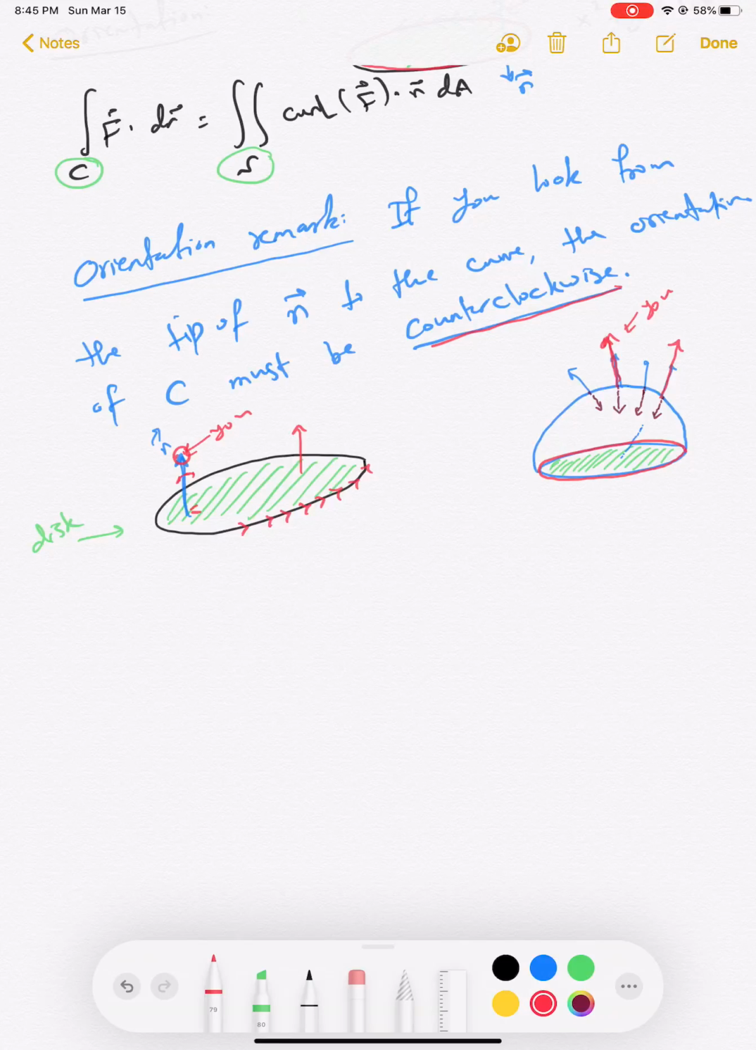So now you look at this. Imagine this is a watch. This is a 12, this is 3, this is 6, and so on. So you say, okay, if I look at this curve, the orientation has to be counterclockwise. If you agree, this is the counterclockwise direction. So if you choose this normal vector, you must choose this orientation for your curve. For example,